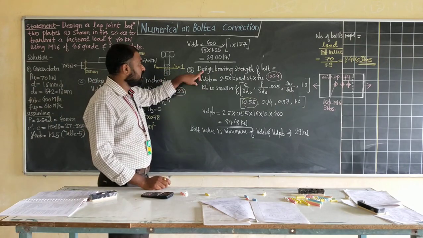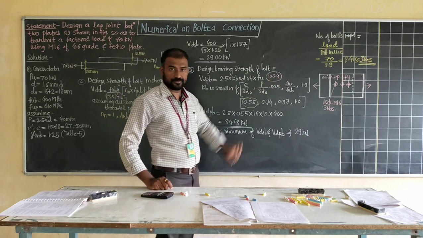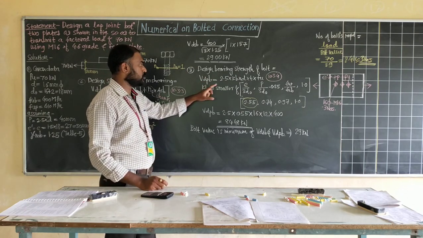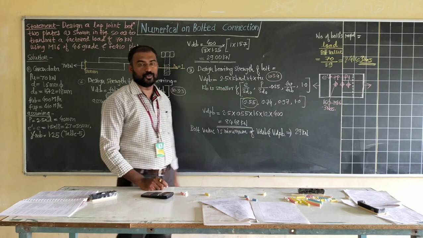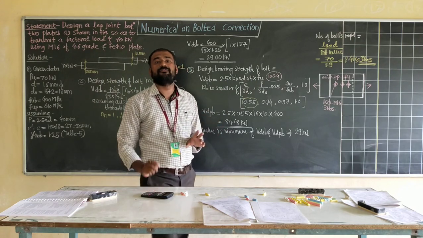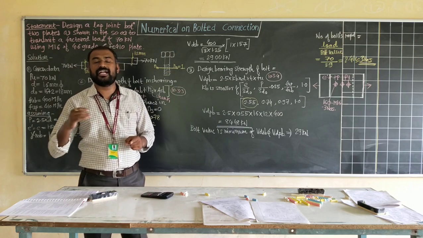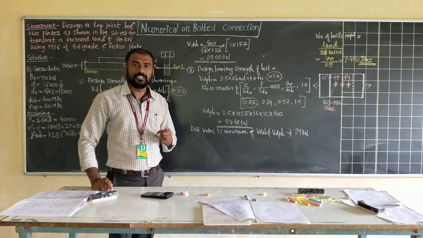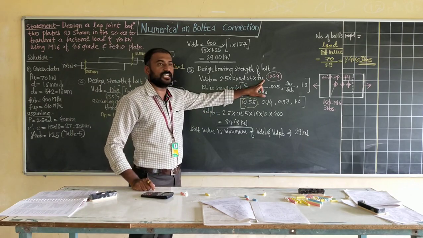Similarly, the second is the design bearing strength of bolt. This is as per clause number 10.3.4. In clause 10.3.4, the design bearing strength VDBB is given as 2.5 times KB into D into T multiplied by FU. Again we have seen bearing strength is classified into two categories: either the bearing failure may be in the bolt or it may be in the plate. But as we are assuming that we are adopting higher grade plates, that is high strength plates, the failure is going to be only in the bolt. Therefore this FU value will be considered for bolts.